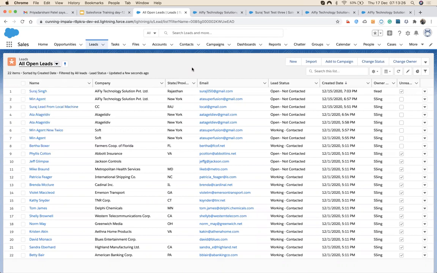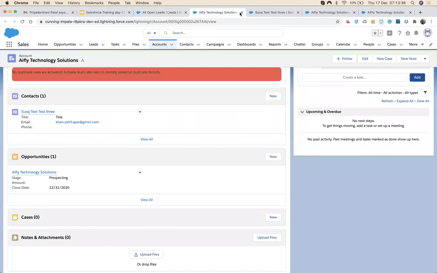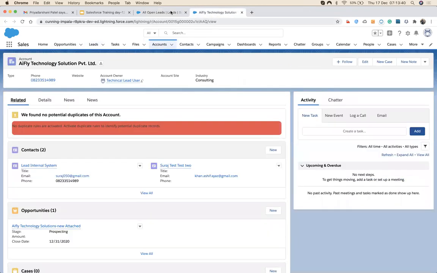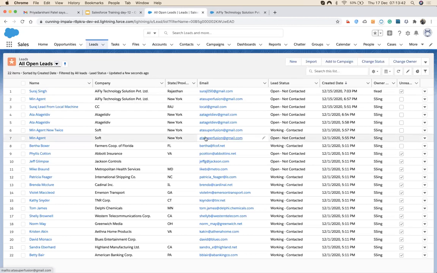But right now, we can't get the lead back if it's got converted. Okay, and now there is one more thing: we have a lead field mapping, meaning when the lead